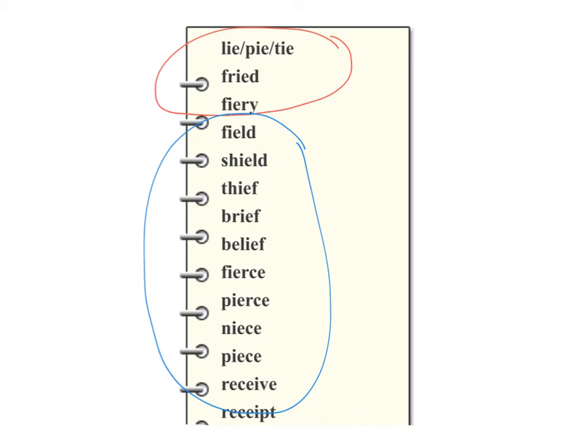Here's just another pattern that you see, this IE. And sometimes these two letters, when they're together, will work together to make the long I sound. However, sometimes when they're together, like in the word field, these two letters are working together to make the long E sound. So